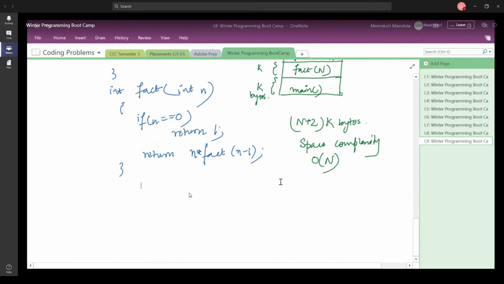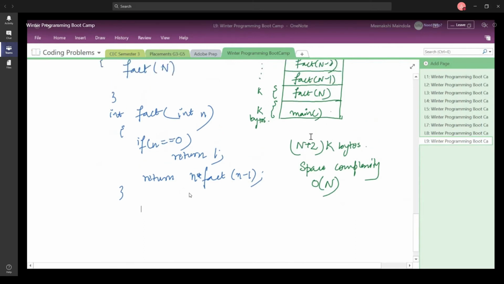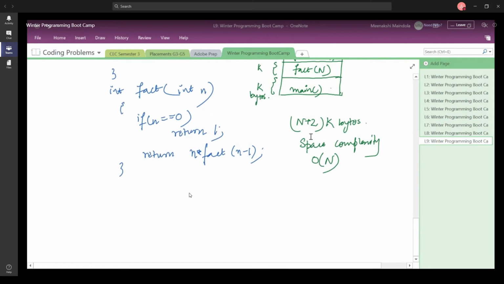Okay, so let us now move ahead. We have spent quite a lot of time talking about time and space complexity. The topics that we had to look into today were sorting algorithms, which are bubble sort, selection sort, and insertion sort. So let us move ahead with that. But before, let us look into some criteria which you are going to consider when you are going to talk about sorting algorithms in general. What are the different criteria that you are going to consider whenever you are going to compare two different sorting algorithms? Let us look at that as well.